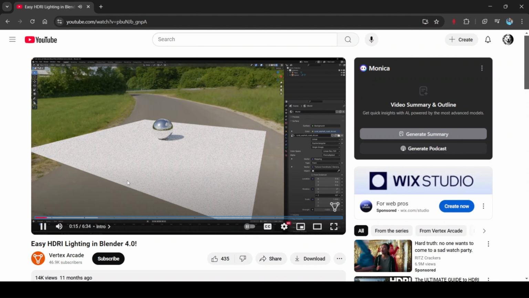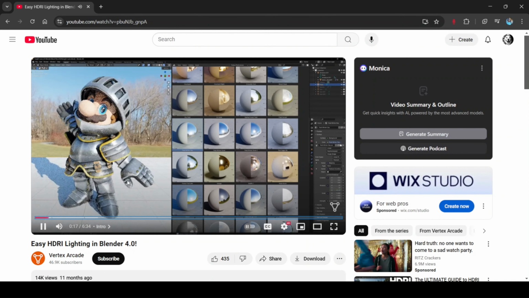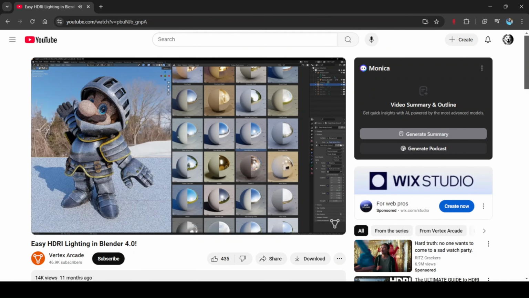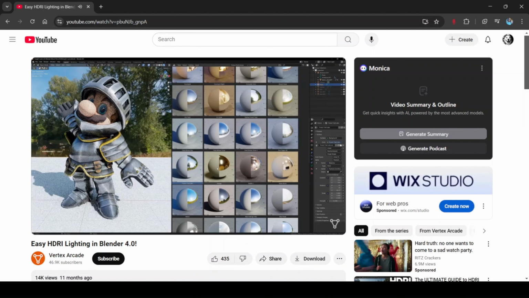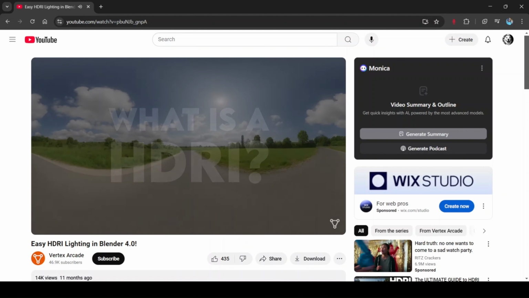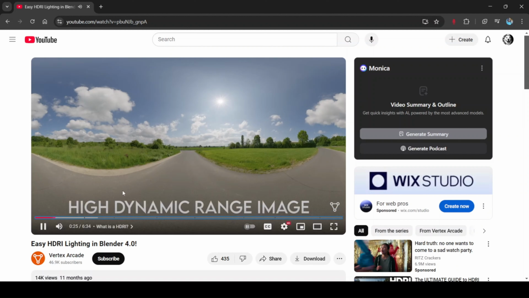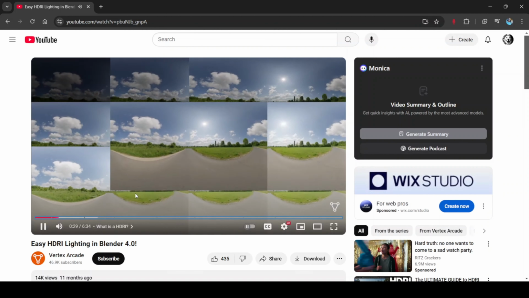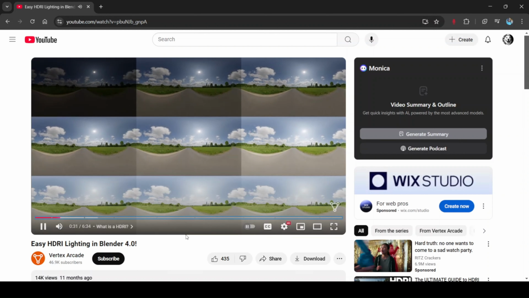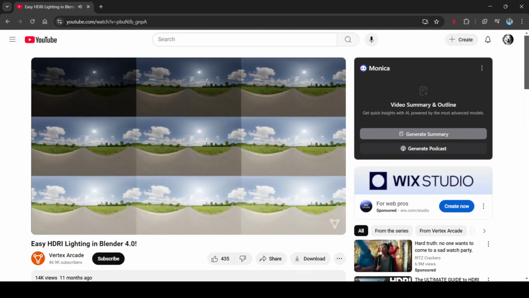So in this video I'll show you how to set up a HDRI and also how to create a drag and drop HDRI setup so that you can easily create lighting for your scenes. A HDRI or high dynamic range image is an image that contains lighting information. It combines multiple different images of the same scene at different exposures and saves them in special file formats like